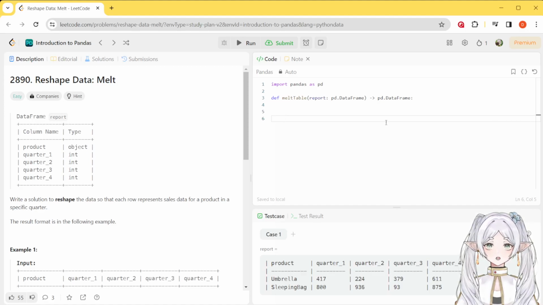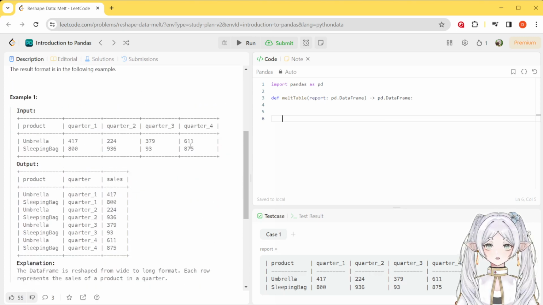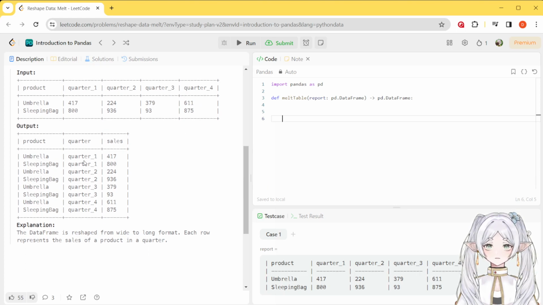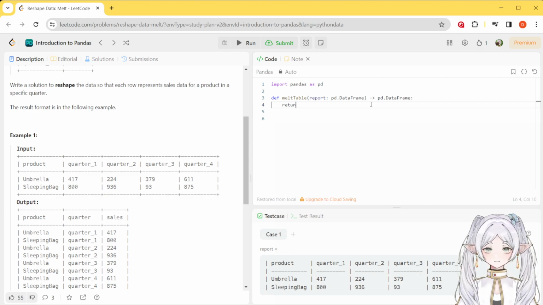Hello, in this task we need to reshape Windows data frame and use the melt function. So we need to reshape the data frame from this very wide format to the long format, and the melt function can help us with it. So right away I will use the return statement